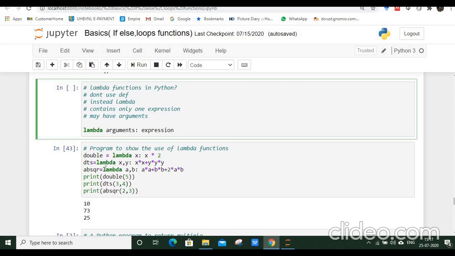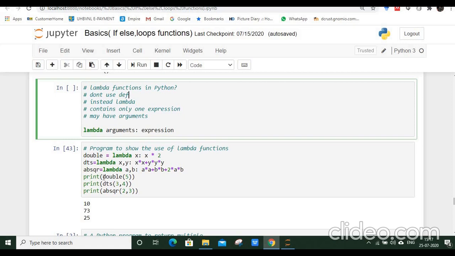And similarly I'm creating another lambda function, abc square, that is again a lambda function. Now it is taking two parameters a and b, and it is calculating a square plus b square plus 2ab, that is a plus b whole square, and then I am calling the lambda functions in this way.